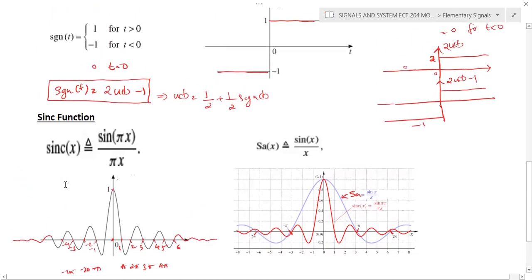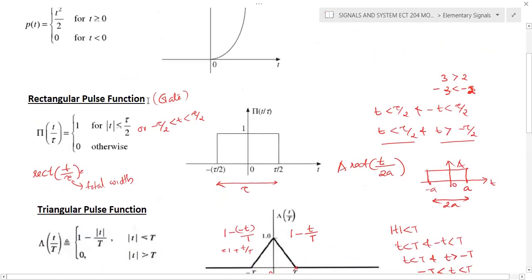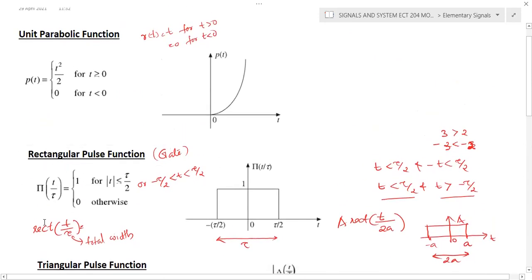Okay. So this is all about the basic signal, and all these definitions are useful when you do the problems. Okay, sometimes they will simply write let the function follow a sinc behavior. So at that time you need to write the general equation of sinc and the shape of the waveform. Sometimes they will give a signum function, find the Fourier transform of signum function. At that time you should know the definition of signum. Okay, so make sure that you are comfortable with the definitions. Triangular pulse and rectangle is also very important.